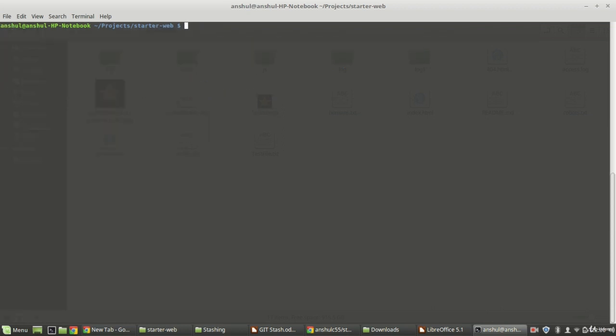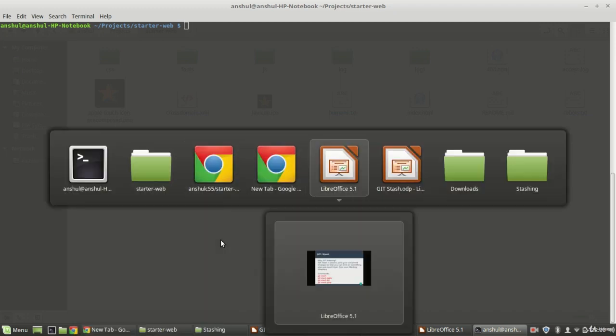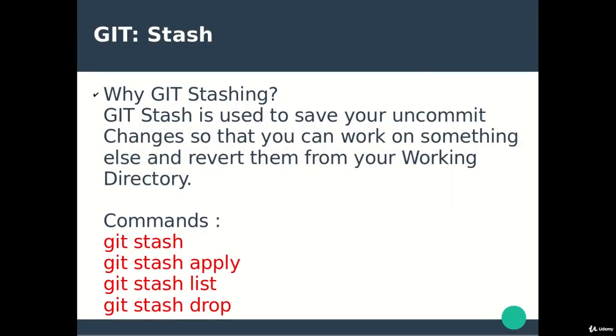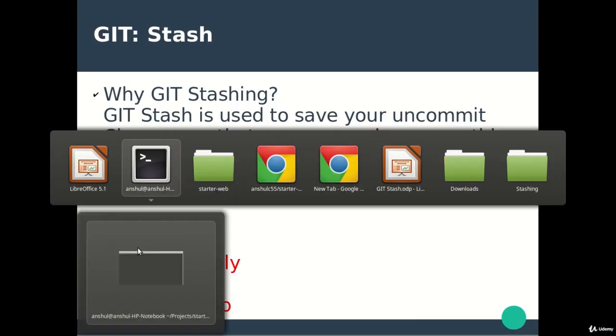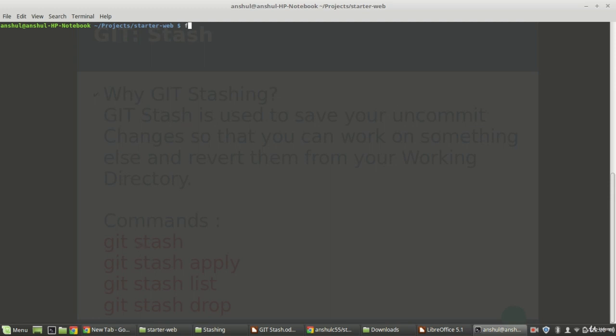Clear. Now, what do I need to do? Now I have an urgent requirement, and I need to save all the uncommitted changes. I need to work on something else, right? So what do I need to do? In this way, I need to stash all the changes I have done in my directory. And how can I stash these changes? There is a simple command, which is called git stash, right? So I will simply go over here and say git stash,